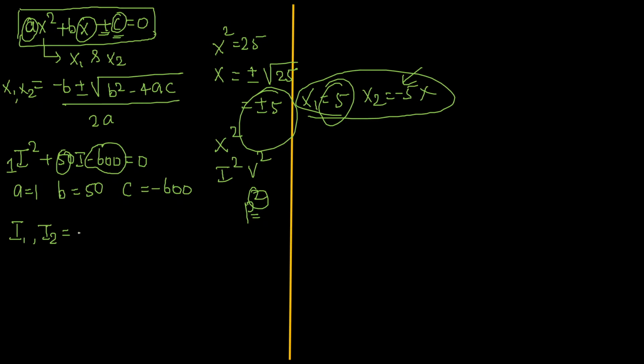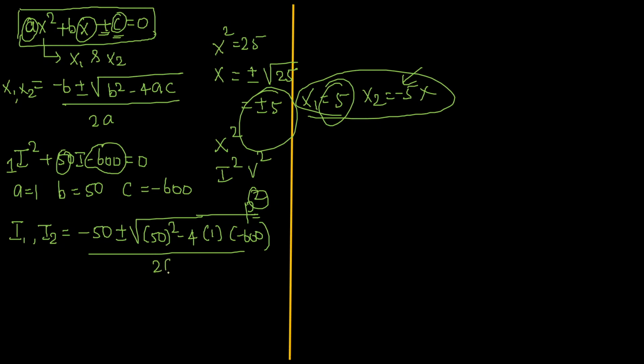Okay, let us continue. Minus, what is the value of b now? So minus 50 plus or minus square root of b square, 50 square minus 4. Value of a is 1. Value of c is minus 600. Whole divided by twice of a, which is 1. Am I right? Yes. Now if you reduce this expression, what will you obtain? Let me reduce. Minus 50 plus or minus